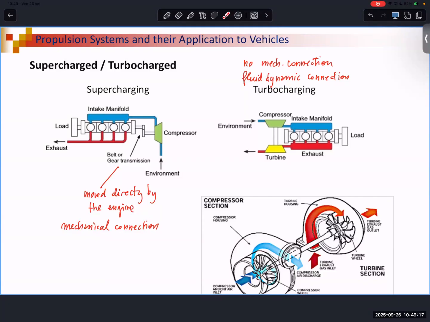But turbocharging is more efficient. This is more efficient because here we are using part of the energy of the exhaust gases. Is it a recycle of it? No. Here there is no recycle. We won't use this word for the moment. We use it afterwards because I don't want to have confusion. So we are using the exhaust gas enthalpy